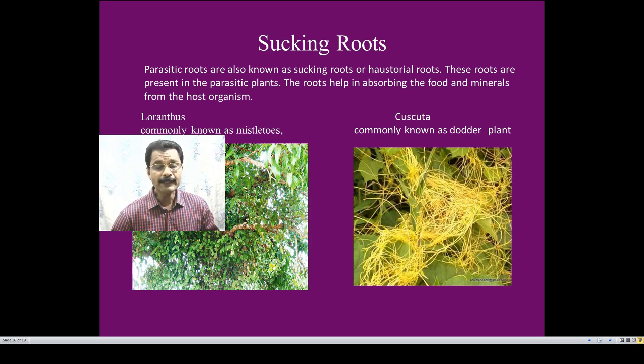But in the case of a total stem parasite like Cuscuta, otherwise called dodder plant, it completely depends on the host plant. It absorbs nutrients, water and minerals, everything from the host plant. That is a total stem parasite, Cuscuta, otherwise called dodder plant. These plants produce sucking roots, otherwise called haustorial roots, and it penetrates into the host plant and absorbs food from them. Such roots are called sucking roots, otherwise called haustorial roots. Would you follow me? Okay, then